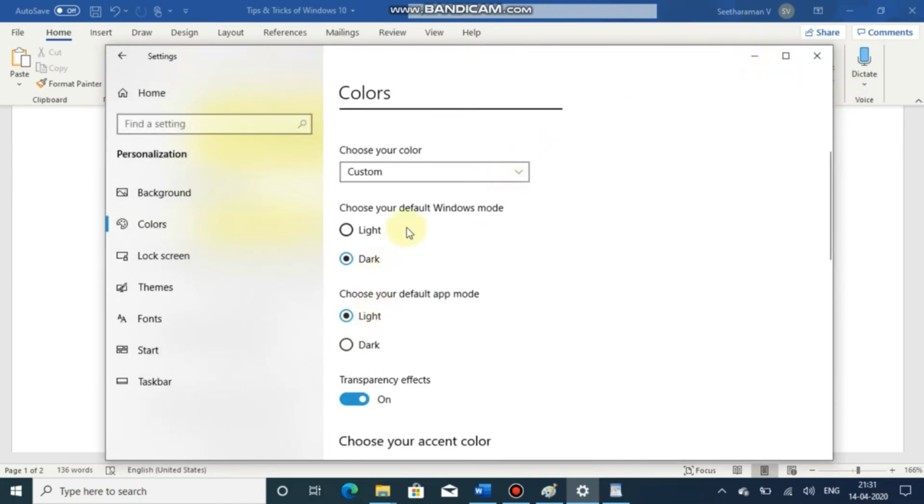So we can select whichever mode. It will change the look and feel of Windows.